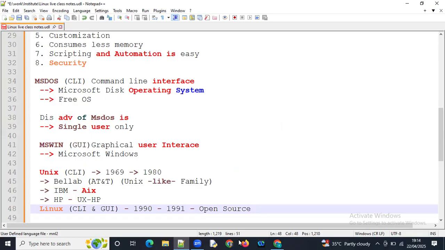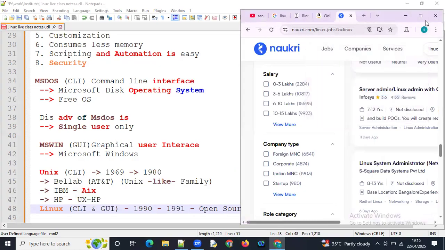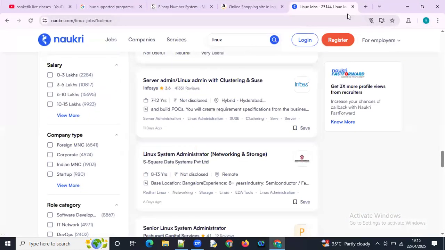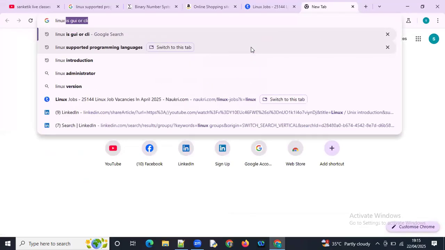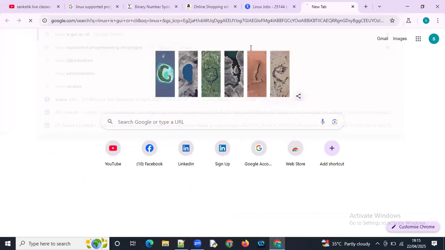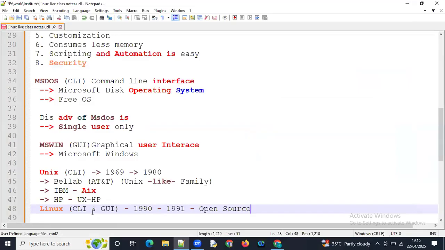Okay, so see here, I'm going to show you Linux. So see here is a Linux GUI. Linux can be used with both graphical user interface and command line interface. That only I had mentioned here. Both CLI and GUI are available, and Linux is a clone. Most of them use the term flavors.